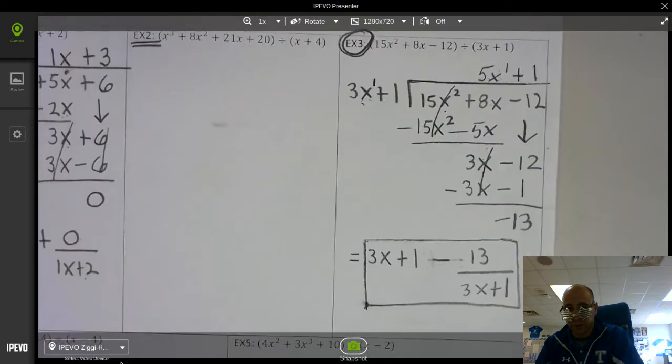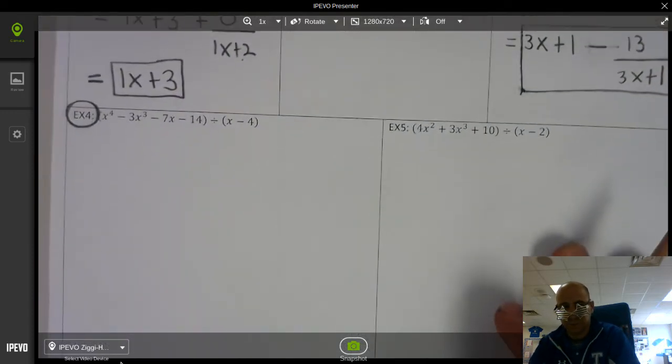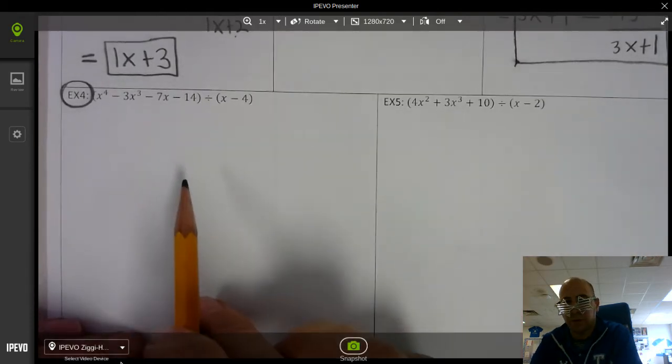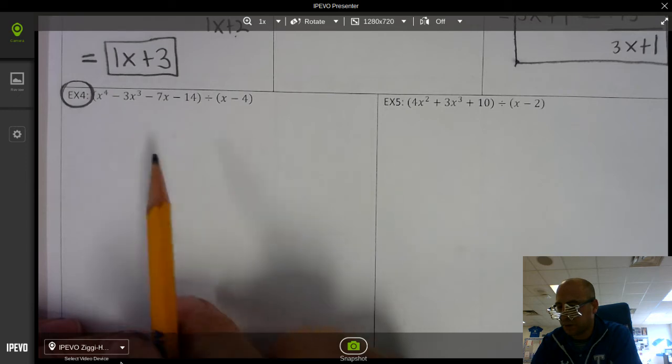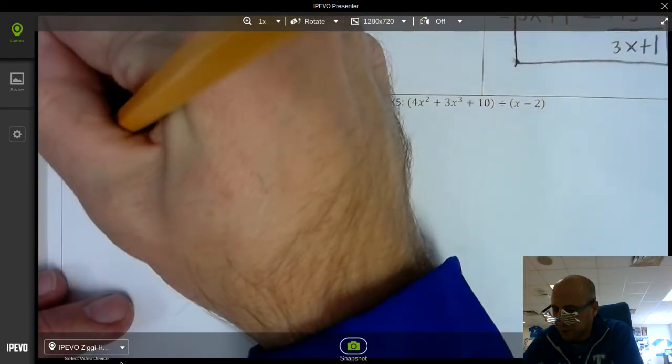All right, so let's look at example number 4. All right, now, I don't want you to try example 4 because there's something special about it. And that's why we're doing example 4. So let's do that. So x minus 4